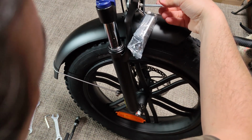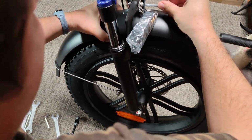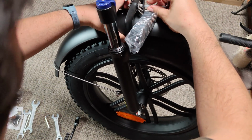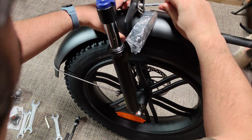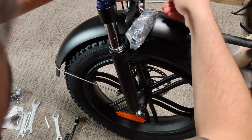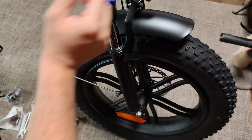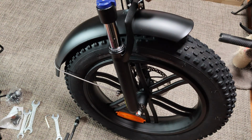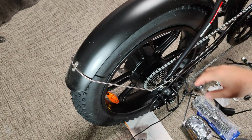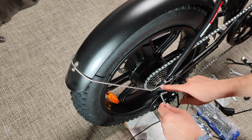I'm going to release the screw a bit, put the bracket upward. Now it's better, much better. So I know the position and just need to tighten all the screws, and I'm done with the front mudguard as well. The rear mudguard is easier to install because it's pre-installed, so you only have to take